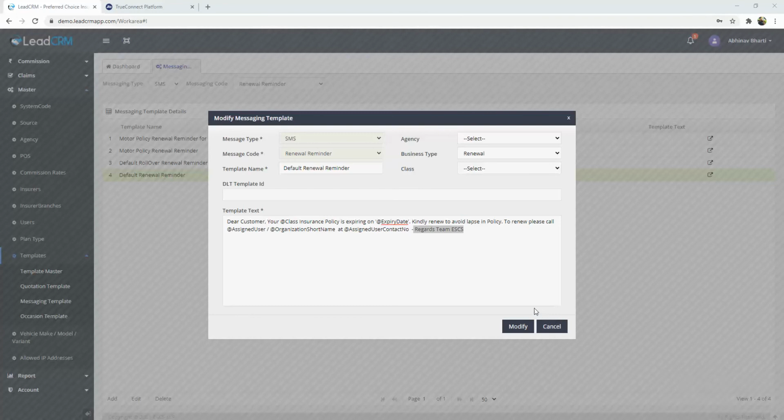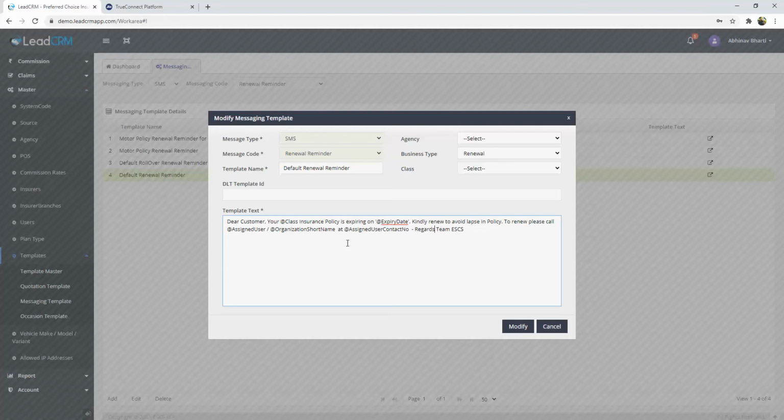In this example, we are using our company's brand name ESCS. If you observe this particular template text, at the end we have appended our company's name, which acts as a brand name. This template text is ending with regards Team ESCS. Similarly, you need to input your own brand name.